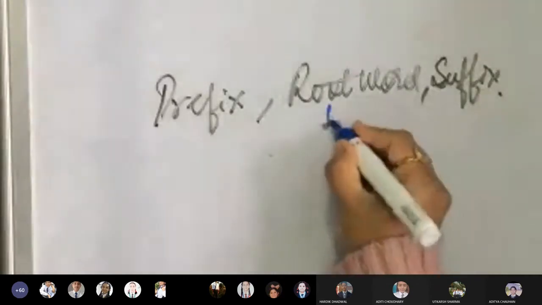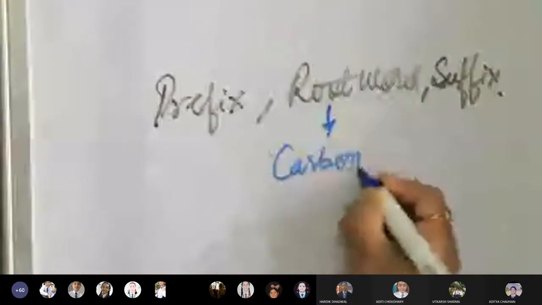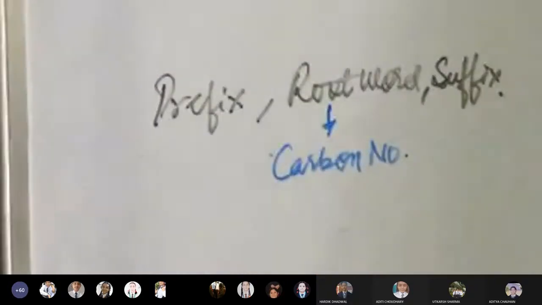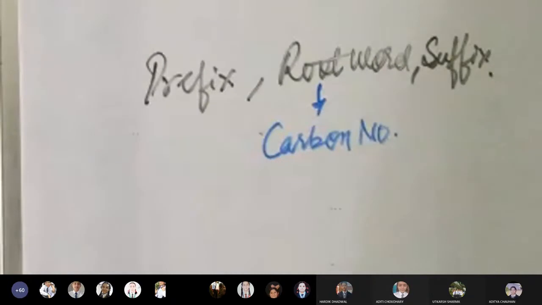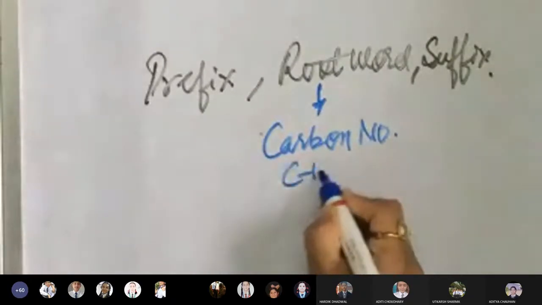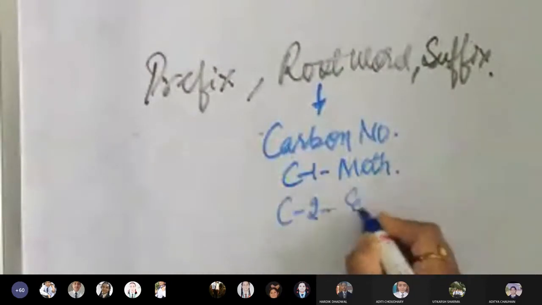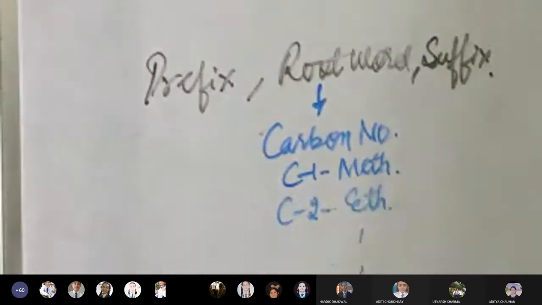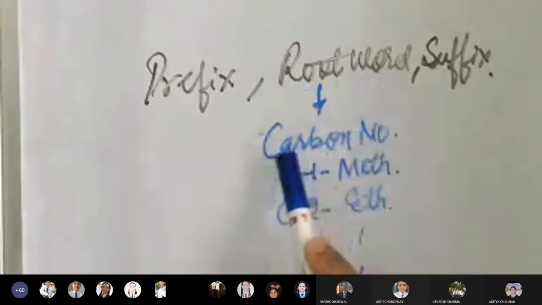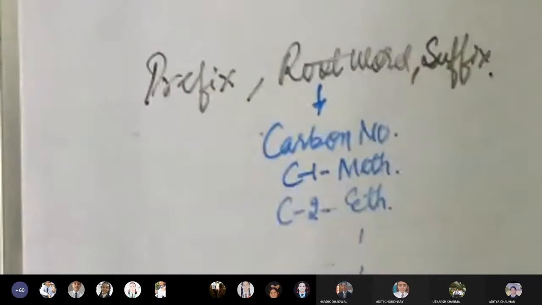So root word, I have already told you, these are carbon numbers. I have told you to revise that table where you will come to know that if carbon number is 1, then we use word meth. If carbon number is 2, then we use word eth. Go on up to 10. I have told you to revise up to only 7, because I feel most of your examples given in the exercise are up to carbon number 7. So one thing is clear, when I find the root word, I will look at the number of carbons. There is still one point which I have to tell you. When we do examples today, I'll let you know about that.